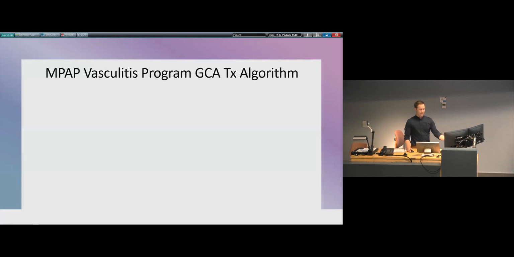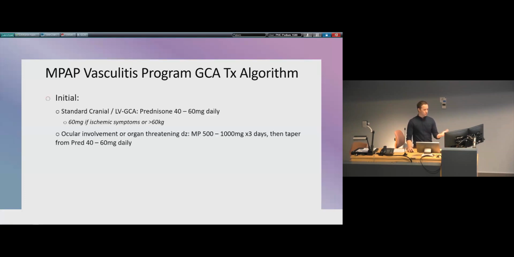So with all of that overview in terms of why and how we're using the treatments that we're using, this is what we do with it. So initial treatment, as seen, we're starting prednisone up front, 40 to 60 milligrams. If ischemic symptoms, we're leaning more towards 60, or if they're greater than 60 kilograms, most definitely we're starting with 60. If there's ocular involvement or organ-threatening disease, certainly we are trying to do it as promptly as possible, but we're often using methylpred. And while there's a range, often if we are committing ourselves to methylprednisolone, we're using a full gram. And after that 3 days, we'll taper down to either 40 or 60 based on body weight,